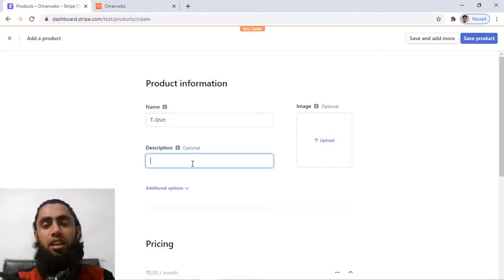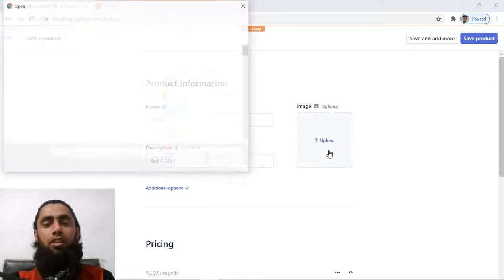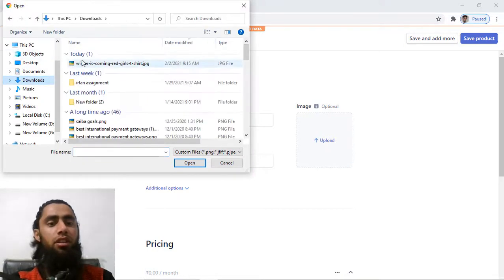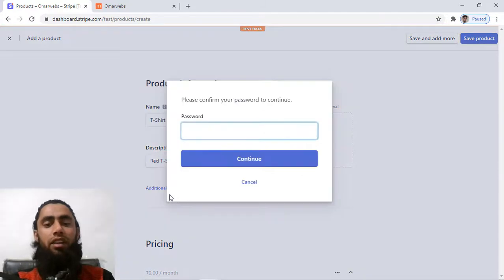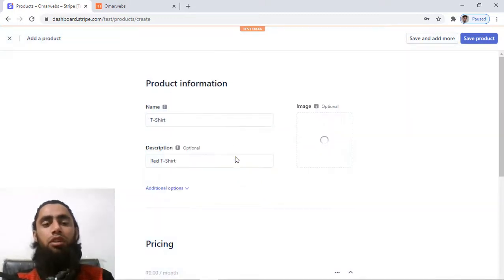and then we can also add the description. So for example, a red t-shirt, and then after you can also upload the image. So for example, I am clicking over it and I have an image on the download folder, so let me upload that. So once that is uploaded, then you have some additional, so we have to add the password here. For the confirmation purpose, you have to mention the password here, and then after we have some additional options,